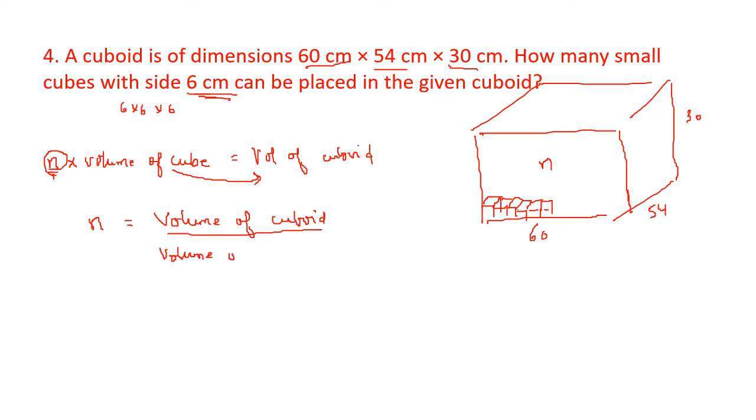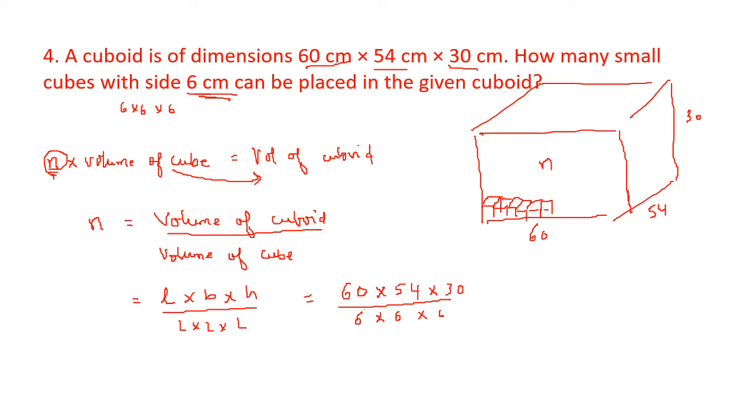Upon volume of cube. So volume of cuboid is given by the formula L into B into H, and for the volume of the cube I will write capital L, L into L into L. So the length, breadth and height of the cuboid is given as 60 into 54 into 30, and of the cube is given as 6 into 6 into 6. So I got 6 ones are 6, 10s are, 6 ones are 6, 9s are, 6 ones are 6, 5s are. So 10 fives are 50, or 9 fives are 45, and 45 tens is 450. So 450